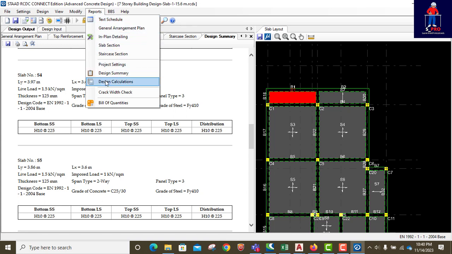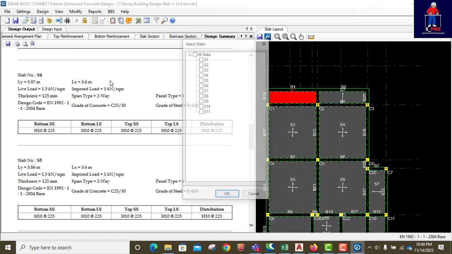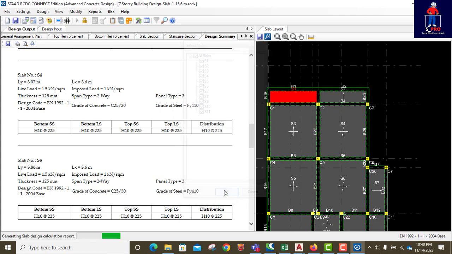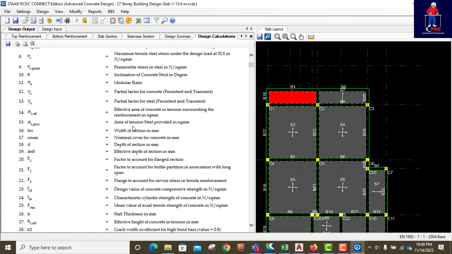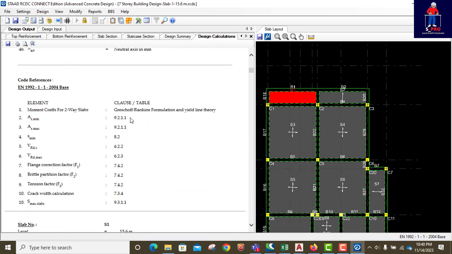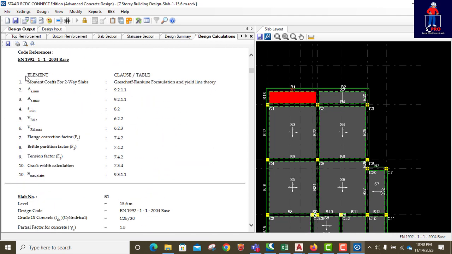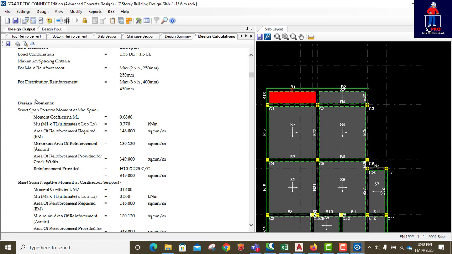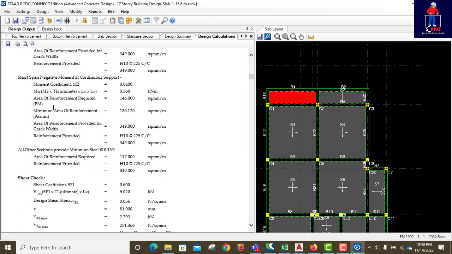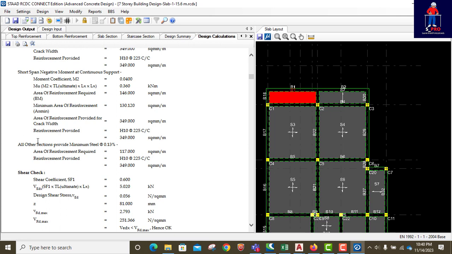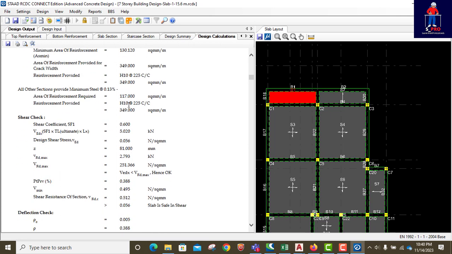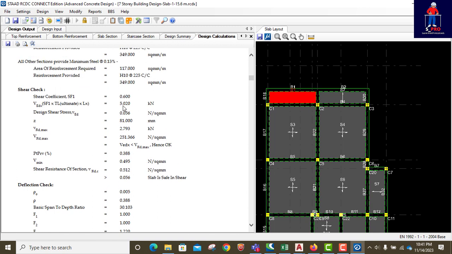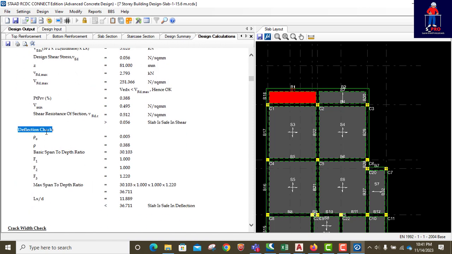So the second one is design calculation. This one is detailed report. You can as well get a detailed report for one panel, not all. But this one is giving us all the panels. So this detailed report will give you the code references, the slab numbers, design moments for slab 1. So shear, short span, negative, all those stories you need. This is complete report. So start the RCDC, Staad.Pro RCDC gives you everything you need. Everything. Design, deflection. This is a complete